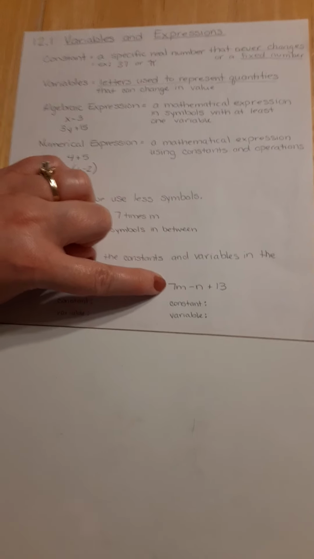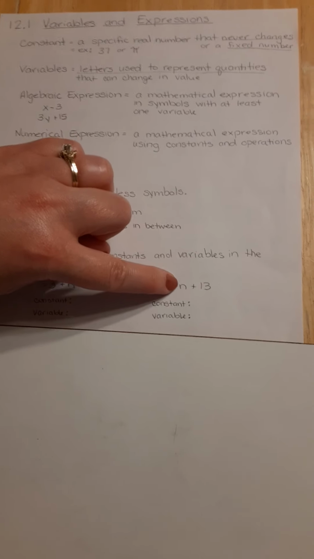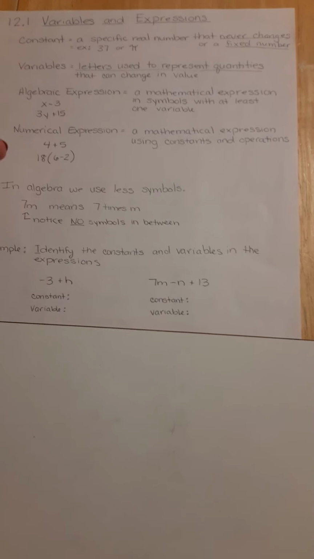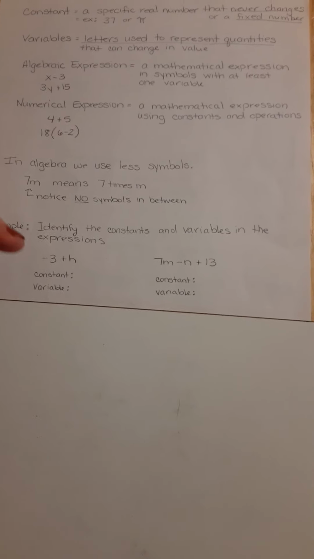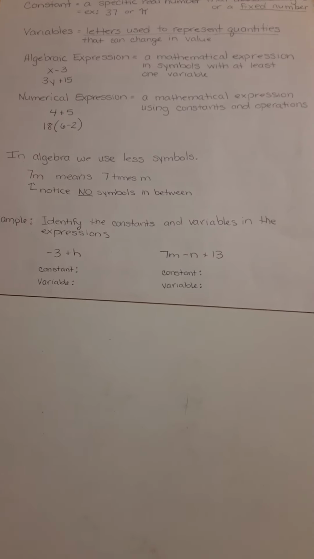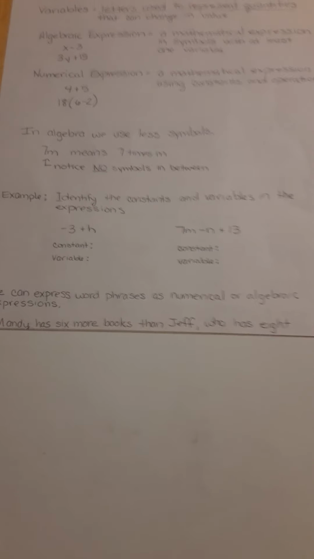This 7 in front of this, and really it's a -1 in front of the n, are what we call our coefficients. It is the number that is attached in front of our variable. Okay, so